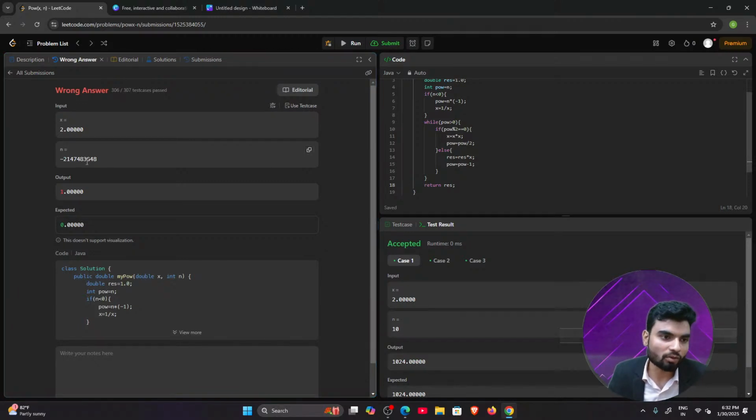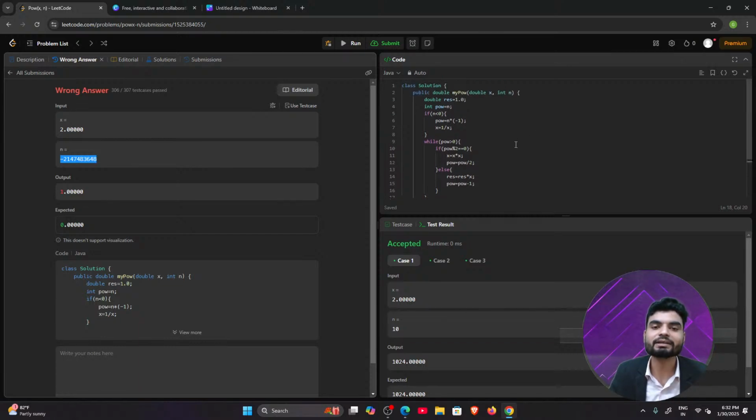For very large values, when n is very low in the negative numbers, we are getting a problem. It's not working properly, right? Why? Because this value is out of the range of the integer's lower value. So where we are doing the power, we can convert that number to long, and perform a type conversion for storing the maximum and minimum values, like the minimum value of integer as well. So here I'll do long.